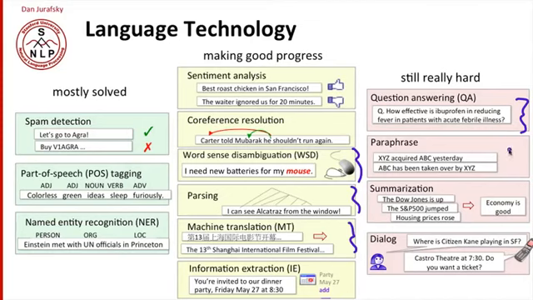Similarly, while we've made some progress on deciding that the sentence "XYZ company acquired ABC company yesterday" means something similar to "ABC has been taken over by XYZ," the general problem of detecting that two phrases or sentences mean the same thing, the paraphrase task, is still quite hard. Even harder is the task of summarization: reading a number of, let's say, news articles that say the Dow Jones is up, or the S&P 500 has jumped, and housing prices rose, and aggregating that to give a user information like, in summary, the economy is good.